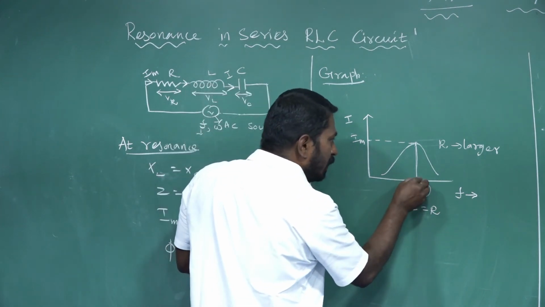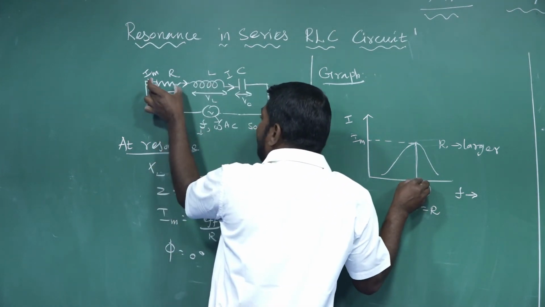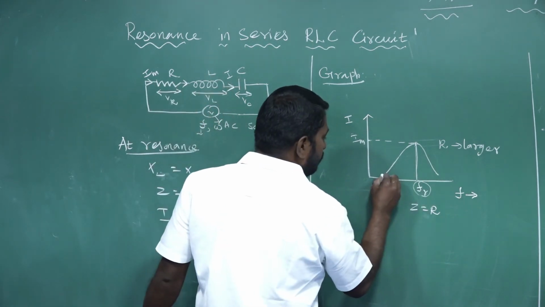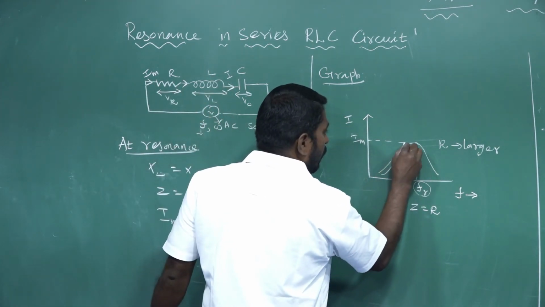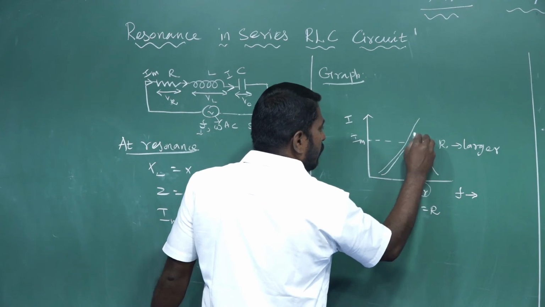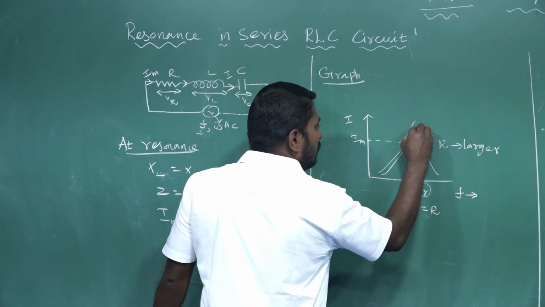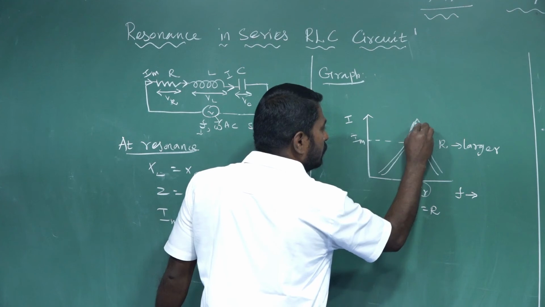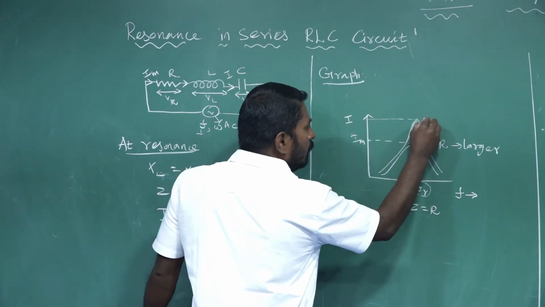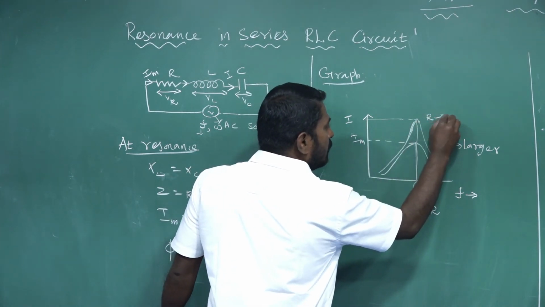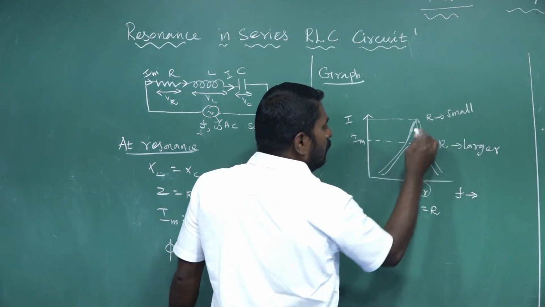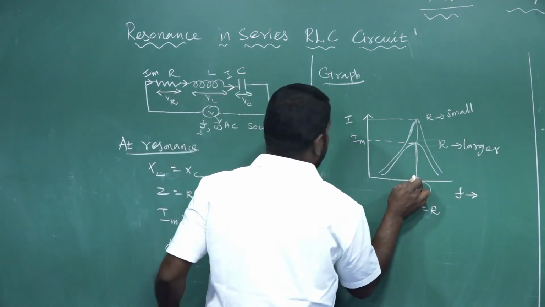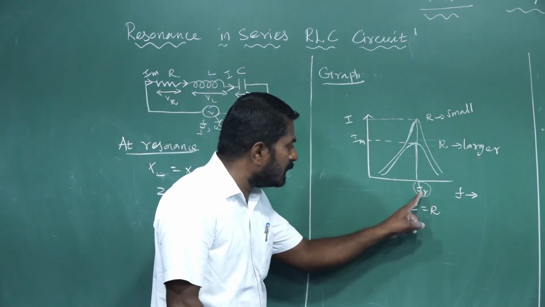At that same resonant frequency, if we include a small resistor of resistance R in the series RLC circuit, the current through the series RLC circuit becomes a larger value, which is indicated by the sharp curve. If R is small, the current through the series combination is a larger value after achieving resonance.